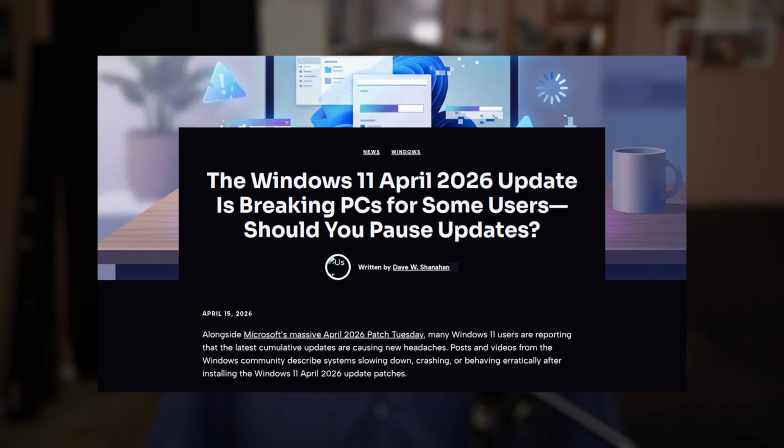Let's face it, on the turn of 2026, Windows 11, which was already a hot mess from AI and bloat, turned even worse. There are updates that seem to be crashing people's systems and causing a headache all around the